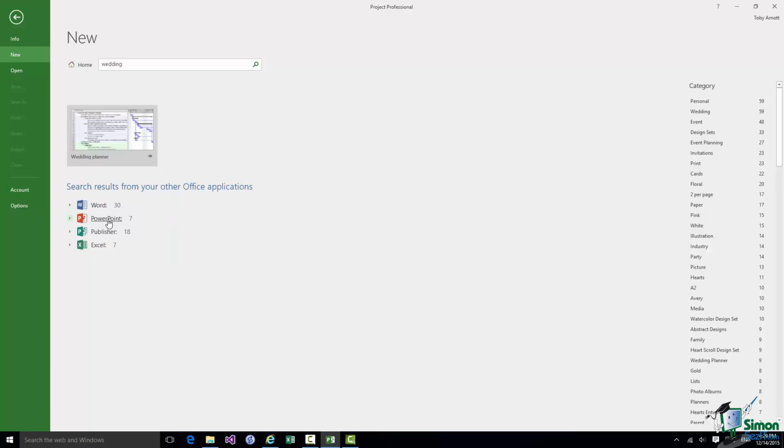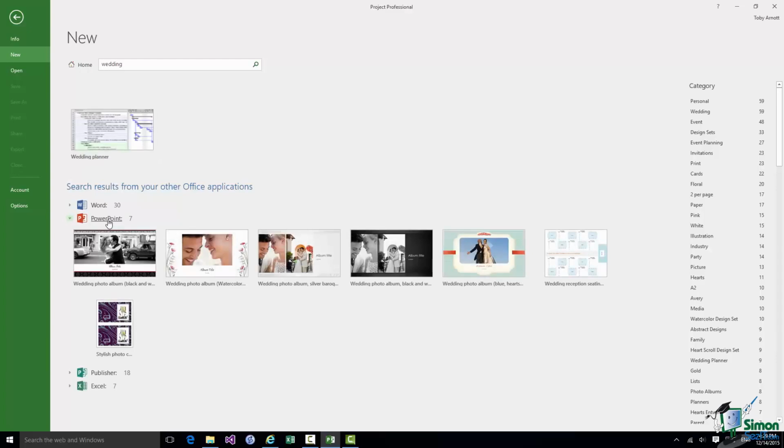There are 7 found items related to PowerPoint. Now each of these is a template for a PowerPoint presentation. So there's a wedding photo album, a wedding reception seating chart, and a stylish photo cards template.